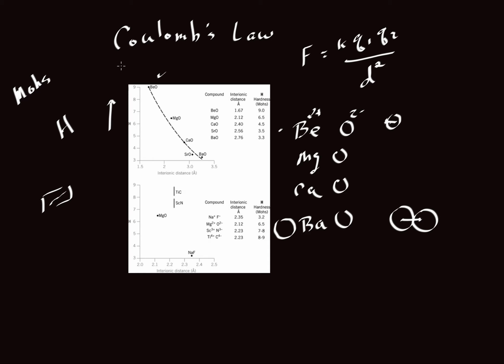So again, we're using the Mohs Hardness scale, the ability to scratch something as a proxy for looking at the force of attraction. And this Mohs Hardness scale can be quantified against things like interatomic distance, when we're looking at the bonding distance between a cation and an